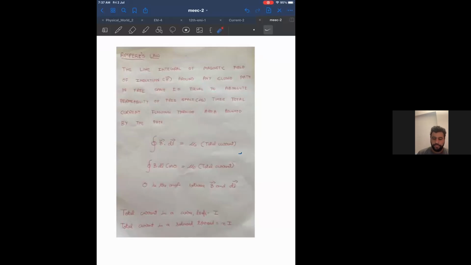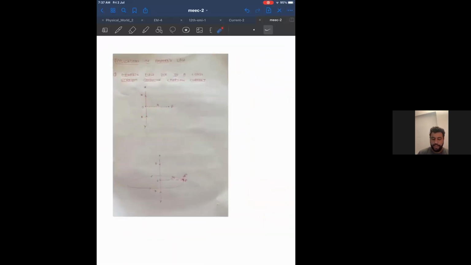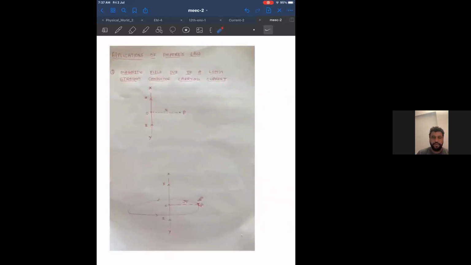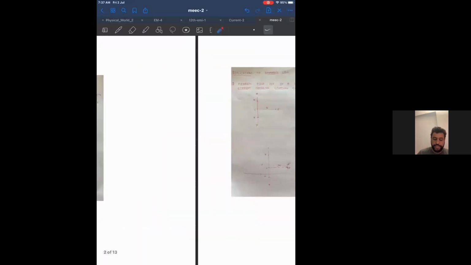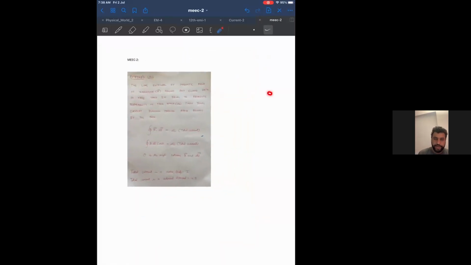Now, if you notice, finished everyone? Wait, sir. Now, there is the first application of Ampere's law. How many applications are there? 3. Till now, we have not done the derivation. This one, what you have studied, is just the statement, correct? It is just one paragraph and a formula. We did not prove anything. Now we have 3 derivations.